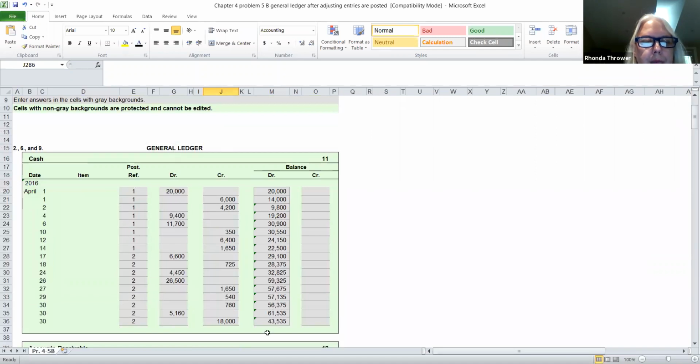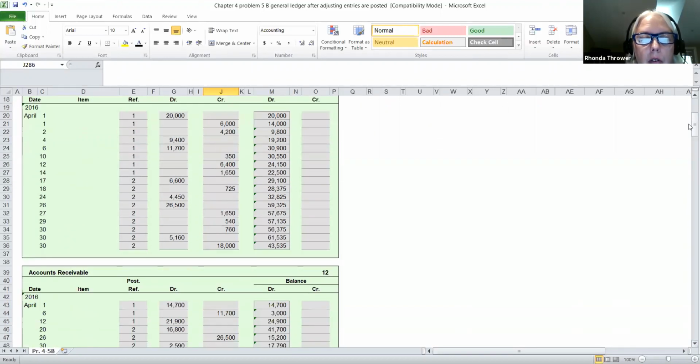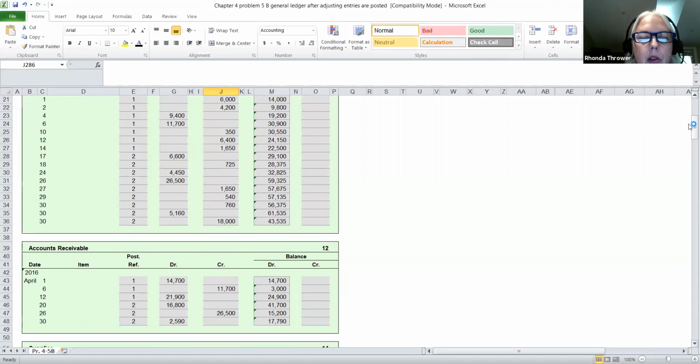I'm going to take the ending balances of all the general ledger accounts and we're going to copy them to the adjusted trial balance, because we have prepared adjusting journal entries. We've copied them into the ledger now, and now it's time to prepare an adjusted trial balance. So all the accounts in the ledger are going to go on the adjusted trial balance, starting with your